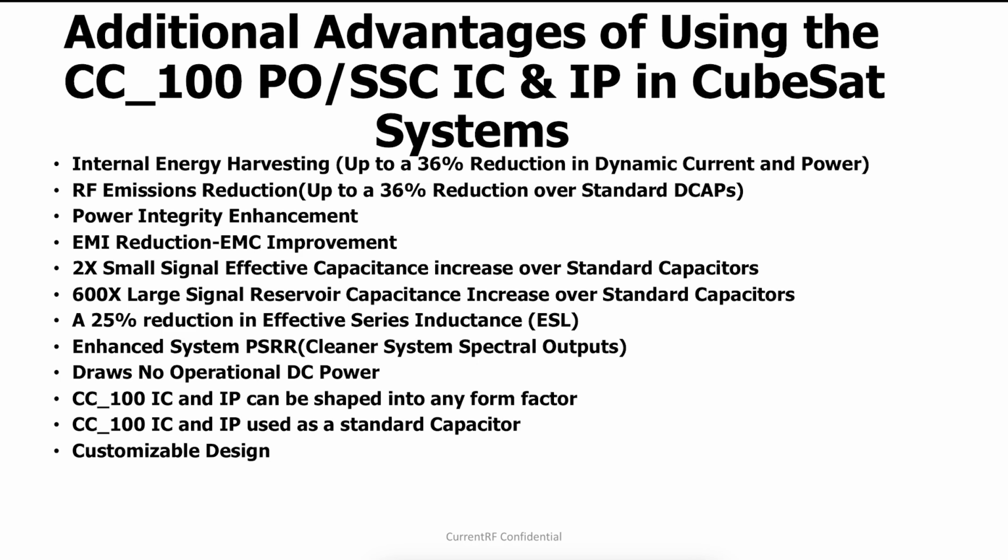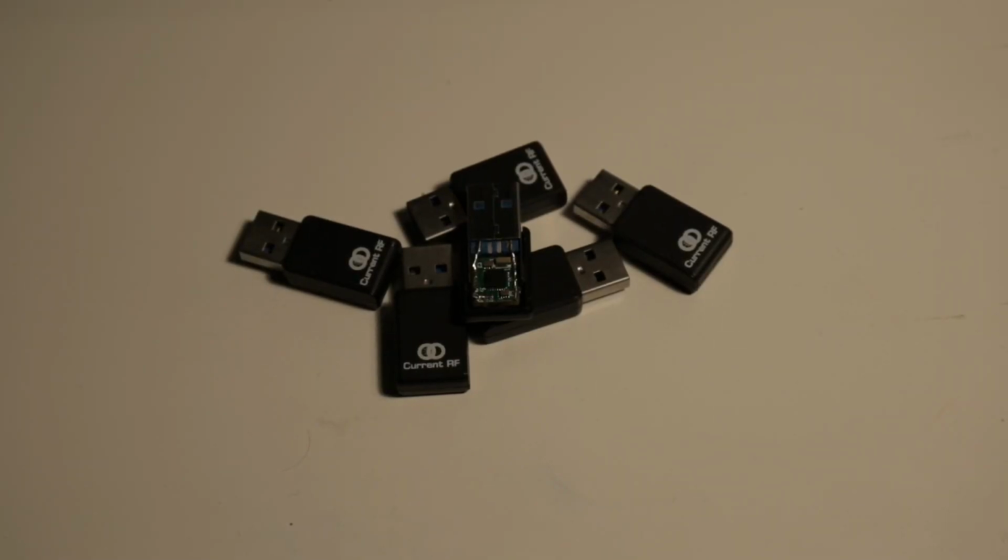8. Enhanced system PSRR, cleaner system spectral outputs. 9. Draws no operational DC power. 10. The CC100 IC and IP can be shaped into any form factor. 11. The CC100 is used as a standard bypass and reservoir capacitor. 12. Customizable design. The CC100 PoSSC IC and reference design has been embedded in a USB dongle, which we call